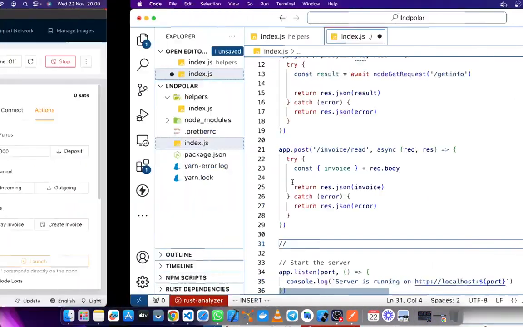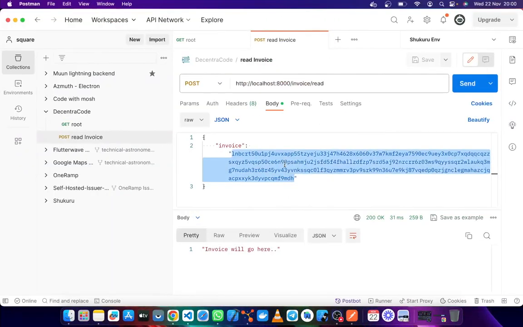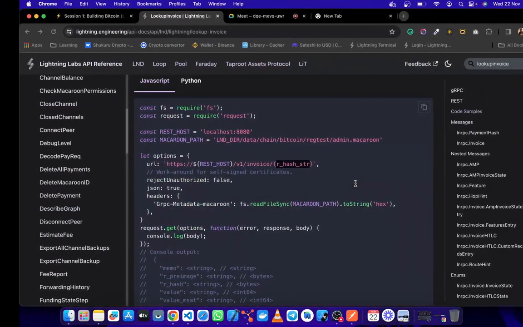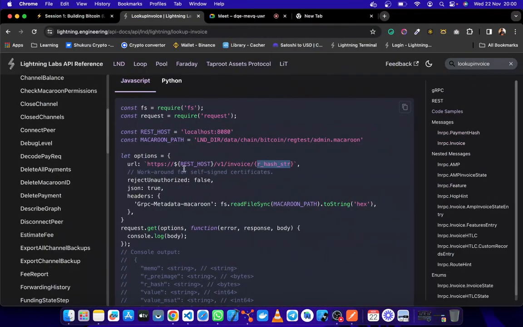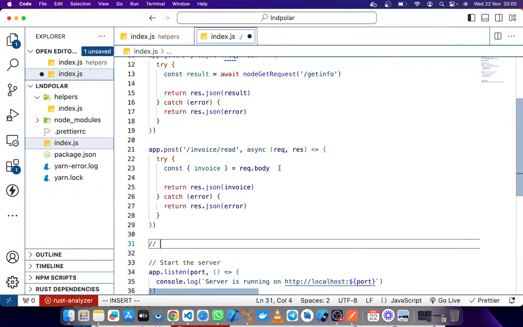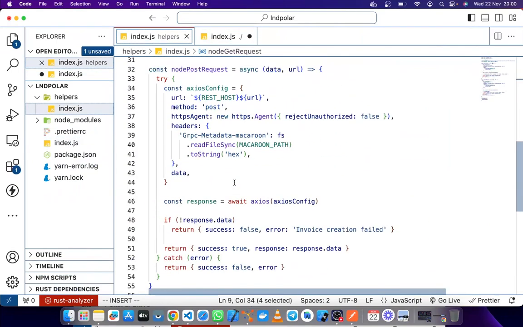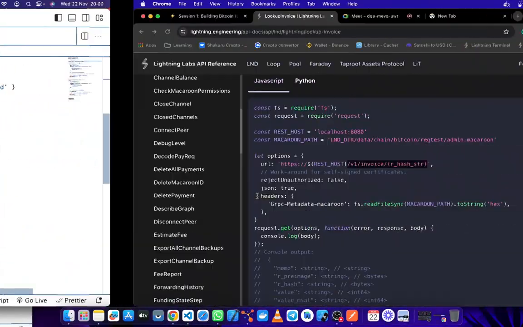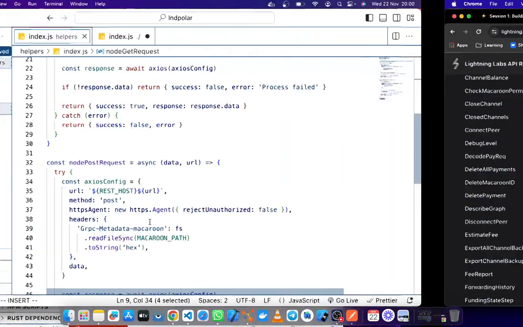So we've copied that to this, hopefully, and we can see. So what we have to do is to get this endpoint here and pass it through our helper. So our helper is a post. Oh, so this is a get request. So the read function is a get request.